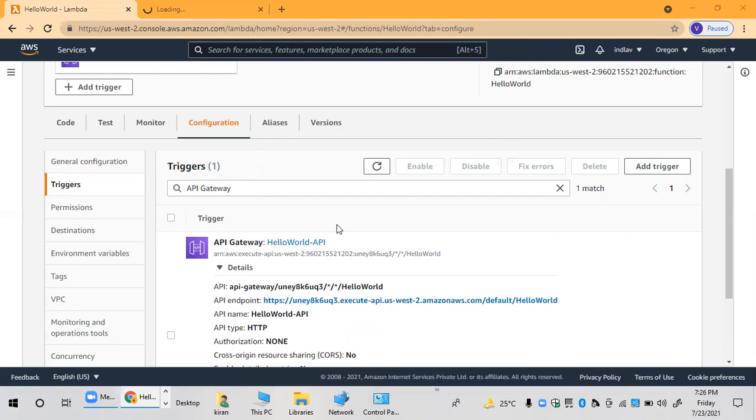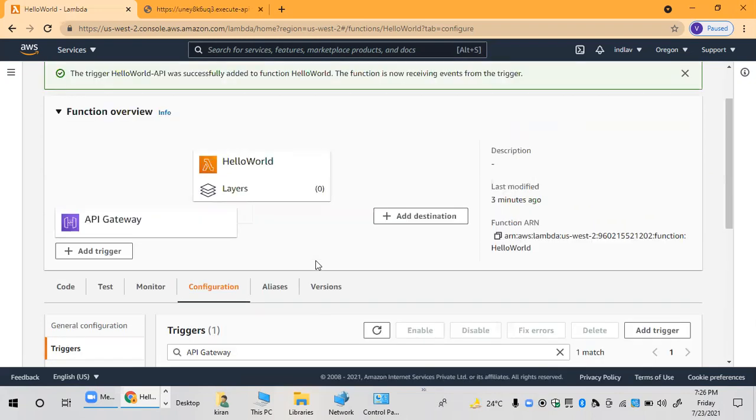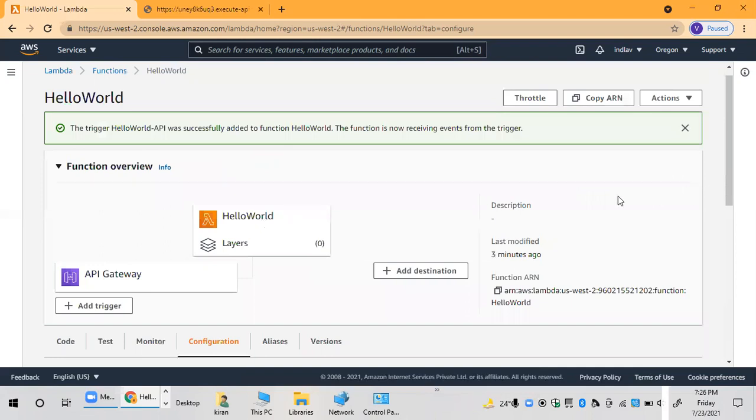This is the sample code I am running. In the same way you can run and customize your own code. Your web server will be running and it will show your web server status. See, hello from Lambda like this. Clear? This is the simple process to create a Lambda function and implement your code. No need to bother about any servers. This is called serverless technology in AWS. Okay, thank you.